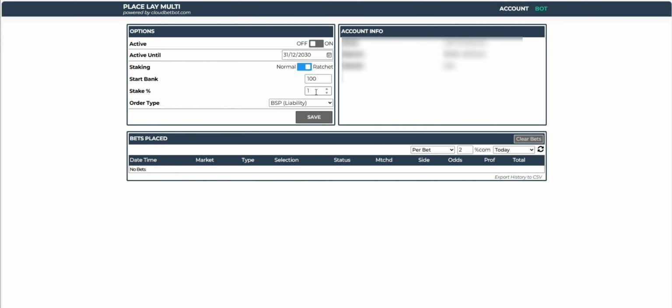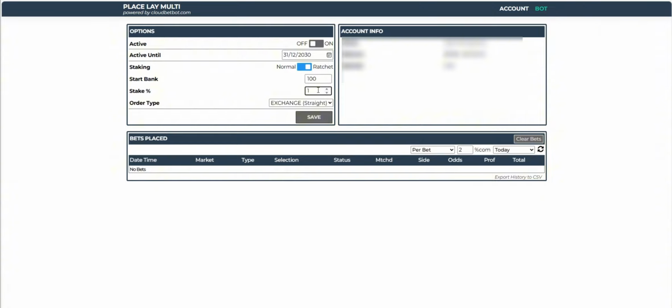That's the way it works. When the balance goes down, if we have a losing run and we hit natural drawdown, the stake doesn't decrease. So it's not a setup which is a percentage stake that follows the amount up and down. A ratchet is very different, it's more aggressive. So the ratchet would then place the 1%,